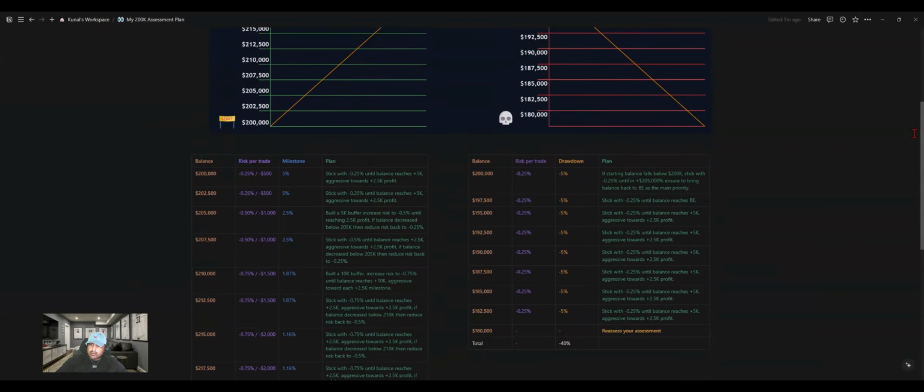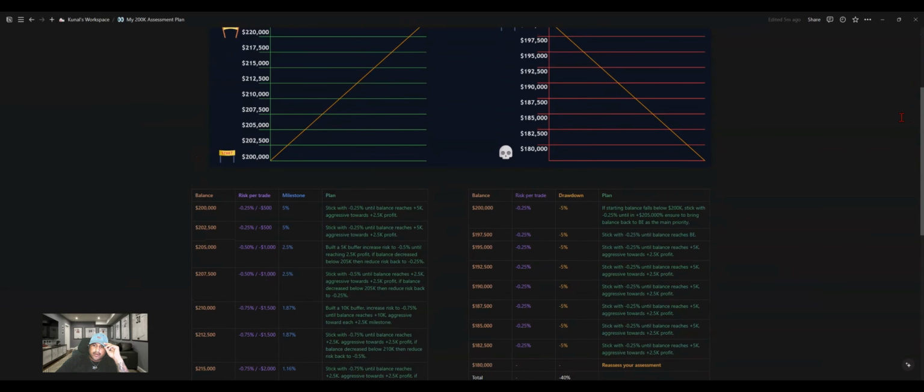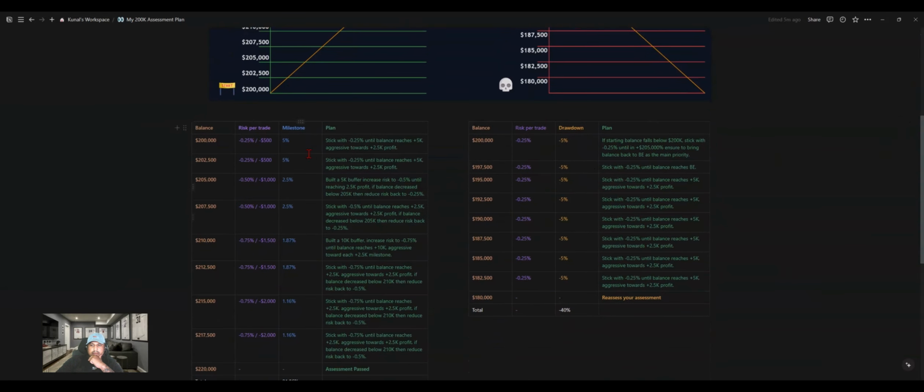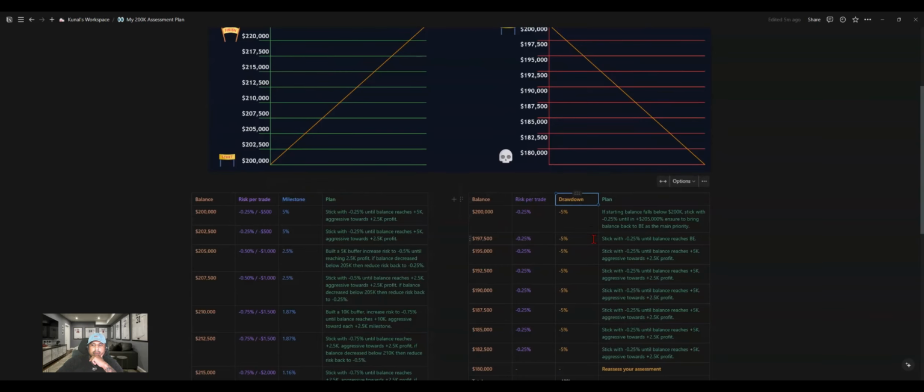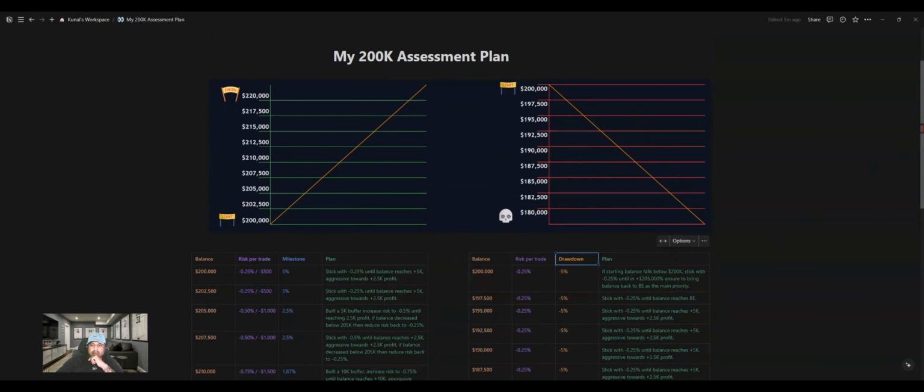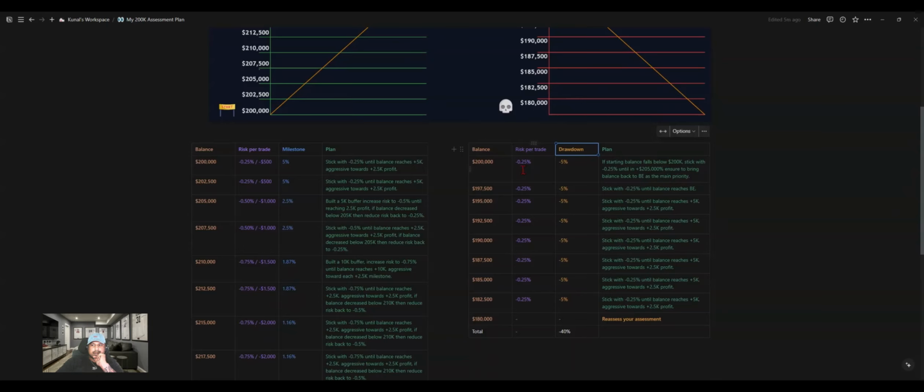As we scroll down, I've split into two categories. The first category over here is basically the milestones category, where essentially this is the category when we're on the way up, and then this is the drawdown category. So the drawdown category, I kept it very, very simple for the simple being of this video,